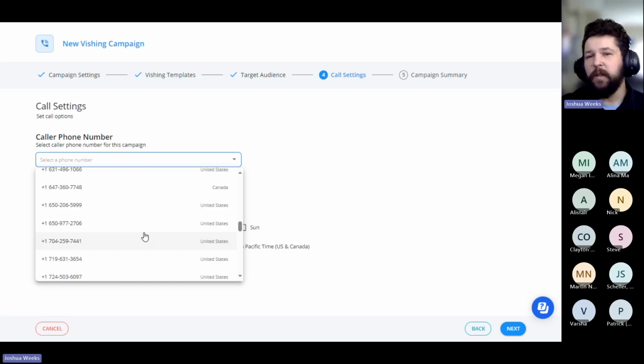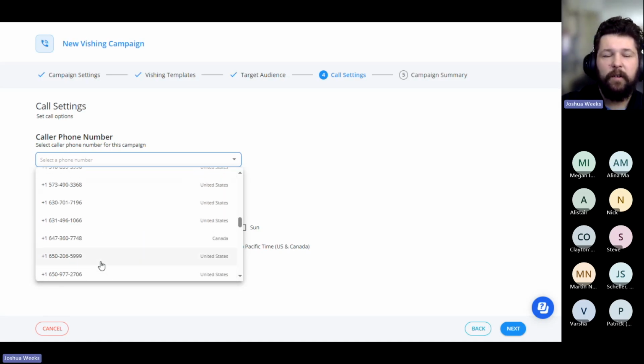We do have the ability to add up to 10 phone numbers a month for any individual clients. So if you've exhausted all of these options that we have to offer, or let's say you have employee engagements in other countries, just let us know. If you choose to implement this solution, we are able to add those phone numbers, and we have a pretty wide range of where we're able to utilize this product.